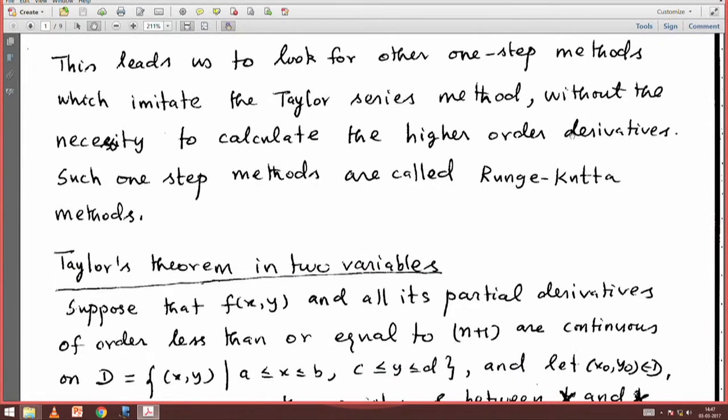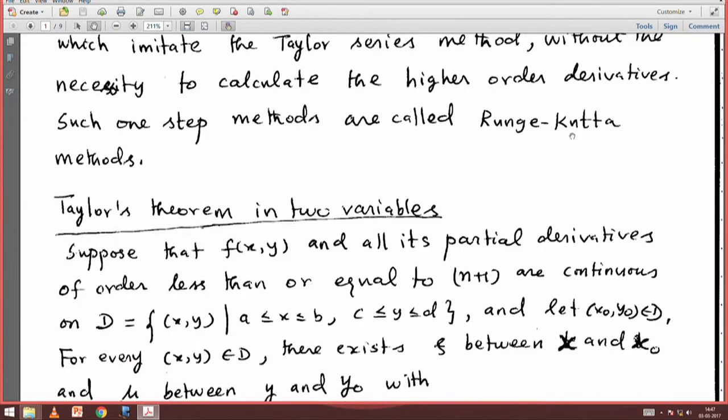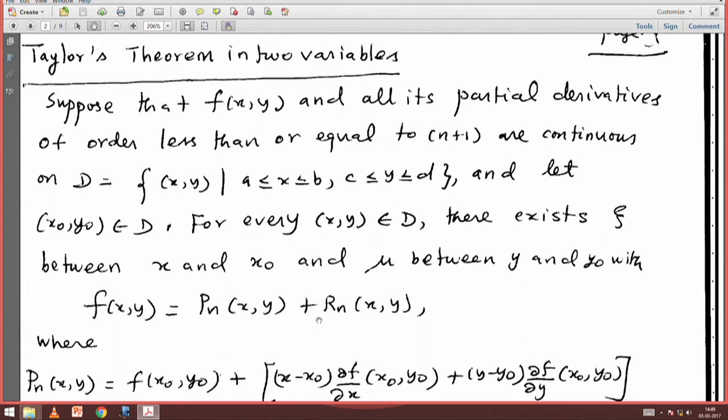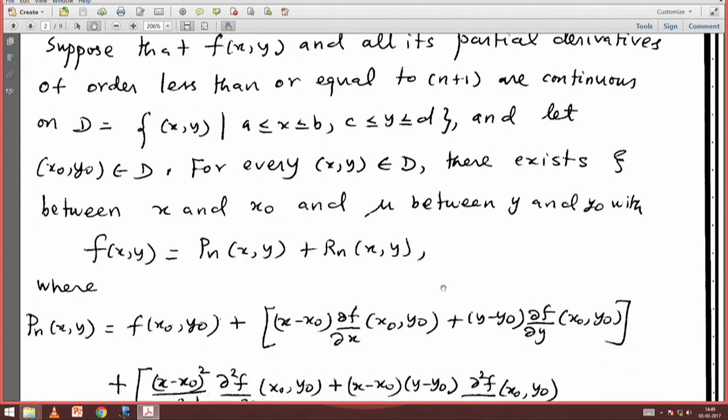The derivation requires the knowledge of Taylor's theorem in two variables. So, let us quickly go through this result, namely Taylor's theorem for a function of two variables, which says that suppose f of x comma y and all its partial derivatives of order less than or equal to n plus 1 are continuous on a rectangle R, which consists of points x comma y with x lying between a and b and y between c and d, and if x naught, y naught is in D, then for every x, y in D there exists a psi between x and x naught and mu between y and y naught, with